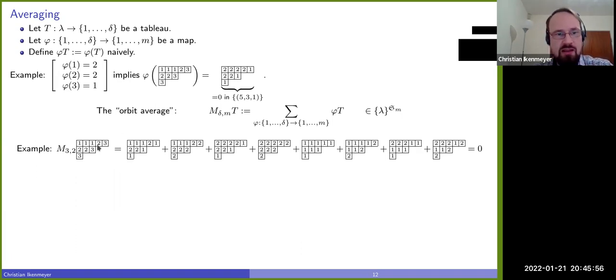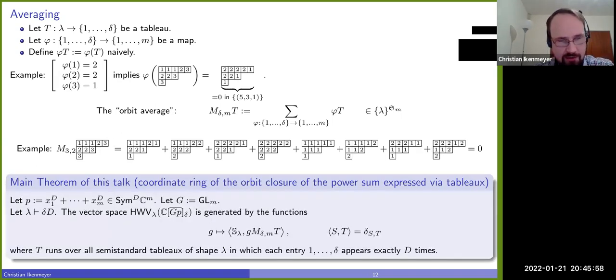Okay, so that's your capital M, and I can now state a theorem. The theorem is that you can now understand this highest vector space, and this gives you the multiplicity. So the highest vector space, its dimension is the multiplicity, right? So you want to just understand that space. You're starting with a power sum, and you have your group, and you have a partition. And now this vector space here is generated by functions. And those are exactly these functions here.